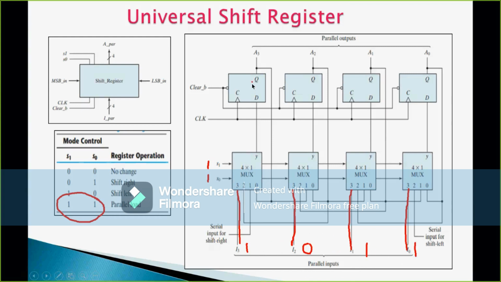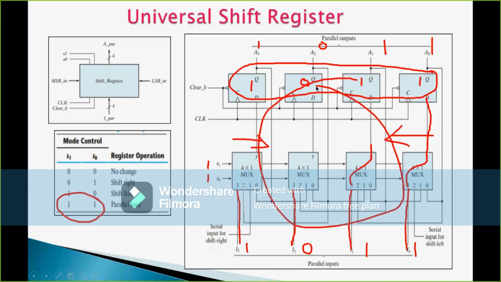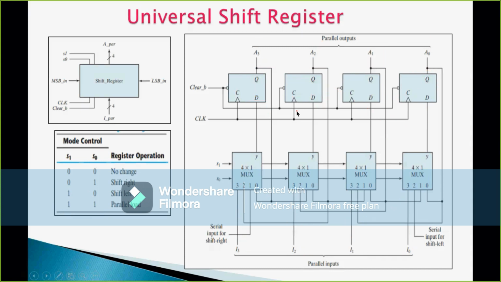Understood? So this data will be taken here, it will be stored here, this 1. This 0 will be taken here, it is stored here. This 1 also will be taken and stored here, because it will be directed through this third pin towards Y and to D, from D to Q, from Q to A1. Then from this 3 it will be given here directly and stored here. Finally, what output are you having? You are having your desired output, 1 0 1 1 directed towards your output. So all these operations, right shifting, parallel load and the no change operation, you are able to do through this universal shift register. In detail all the operations you have to